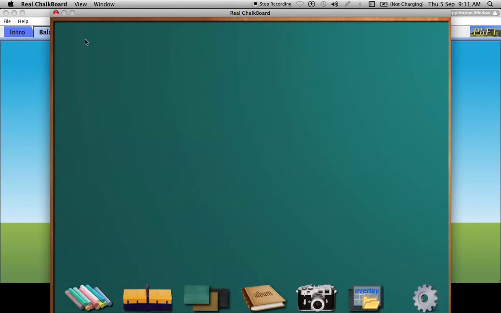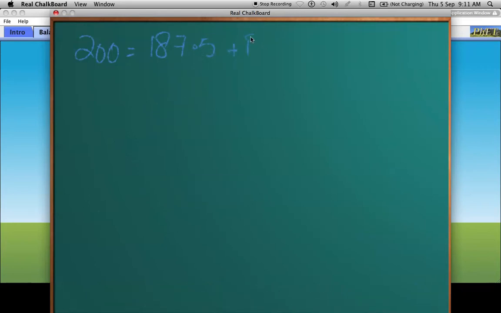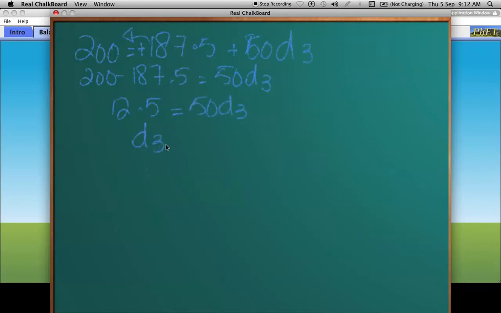So the equation was 200 is equal to 187.5 plus 50 times d3. Let's just switch it here, and since this is a plus, it will go here and become a minus. 187.5 is equal to 50 d3. 200 minus 187.5 would give me 12.5. So 12.5 is equal to 50 d3. Now, divide both sides by 50 simply. So d3 would be 12.5 divided by 50, and if you use your calculators here, you would get